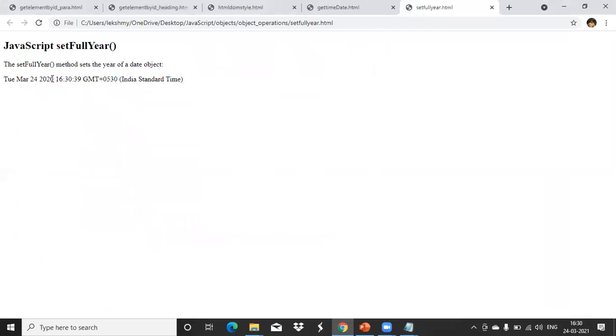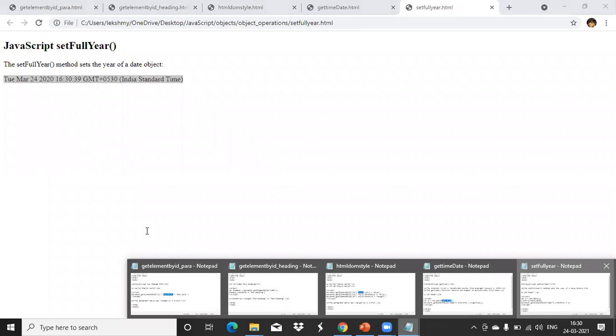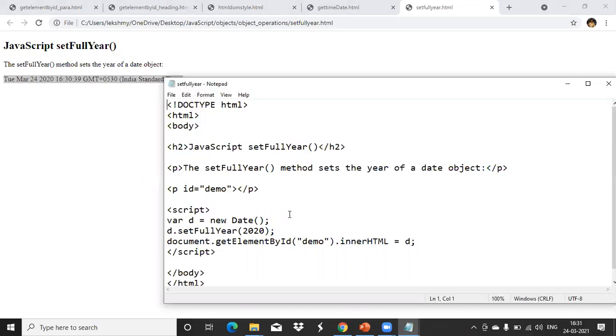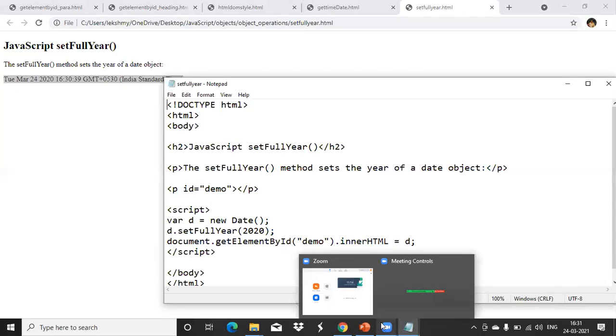Now what is the date value? It is March 24, the same thing, but the year is 2020. And that day was Tuesday. So that information I get using this set type of method that I just showed with our document.getElementById. Any doubt in these things? You got it, how to use this document.getElementById? Anything, you can type in the chats. If it is clear, then I'll go for the browser object.